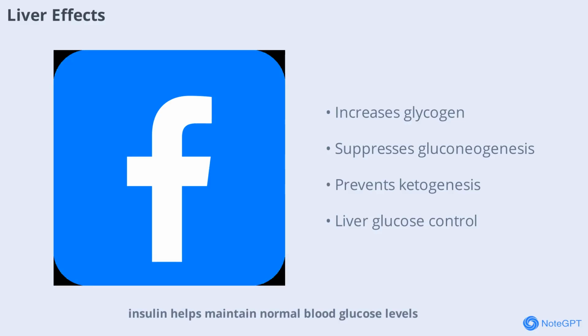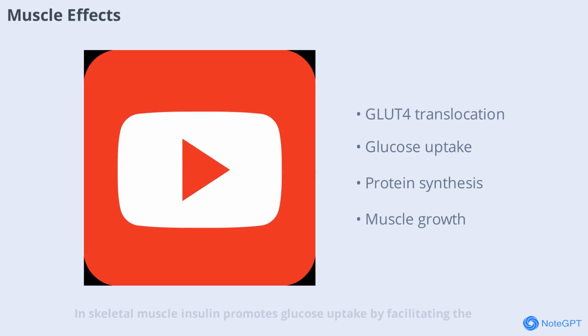By doing so, insulin helps maintain normal blood glucose levels and prevents the buildup of harmful ketones, especially important in diabetes management. In skeletal muscle, insulin promotes glucose uptake by facilitating the movement of GLUT4 transporters to the cell surface. It also stimulates protein synthesis, supporting muscle growth and repair. These effects are particularly important for individuals with diabetes, as impaired insulin action can lead to muscle weakness and poor